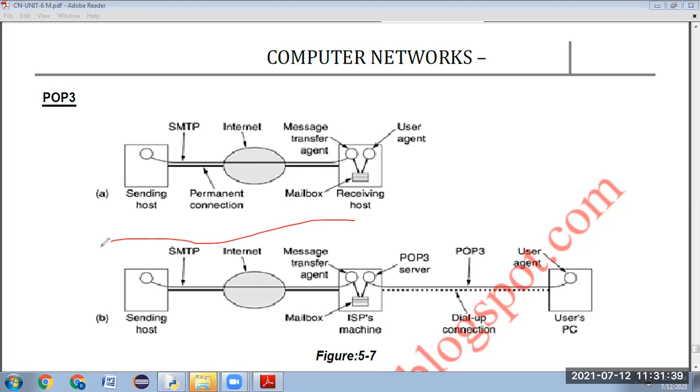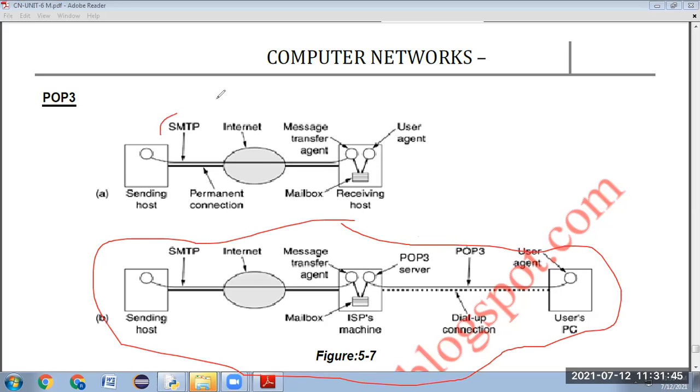This is what final delivery is. How does the delivery happen? Whenever the sender sends the message through the internet, if there is no problem at all, it will go directly to the receiving host. But the problem is that sometimes the internet can break down in the middle, and the connection from the internet to the host is lost.